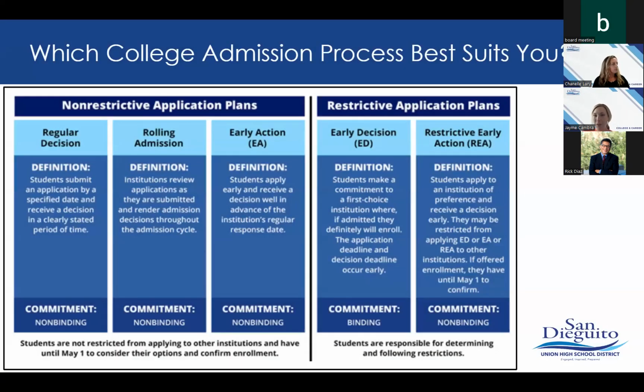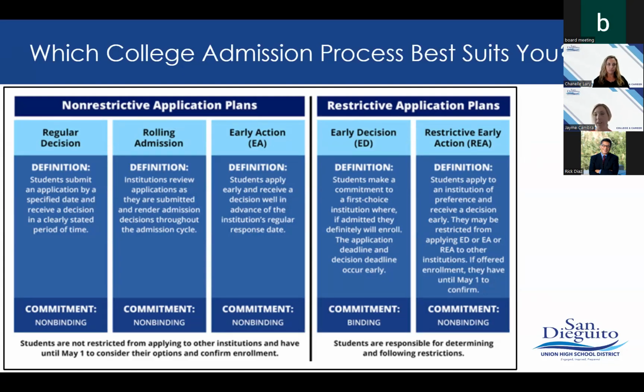So in an overall summary, there's a lot of different timelines that colleges will reference on their applications. And those of you that have done this before, or you're really informed, you may know this verbiage very well. Others may not. So we're going to go over it pretty quickly just so you have a summary. And then we're going to dive deeper into specifically early action and early decision, because those are the two primary early opportunities outside of a regular decision timeline that students can apply under. So two categories, there's a non-restrictive application plan and a restrictive application plan.